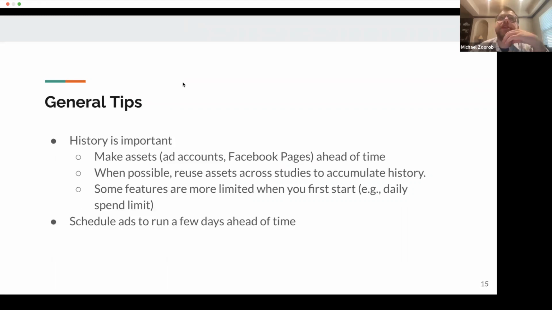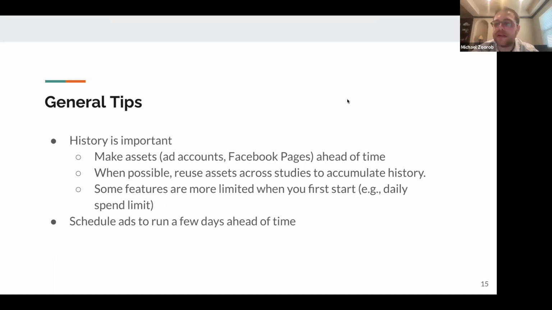The only caveat to that I would say is that if you previously ran policy violating content in the past, then in subsequent times you run ads, your account might be perceived as more risky. But this shouldn't really affect performance, but it might affect, for example, how much you're allowed to spend, at least initially. So that's the way in which previous campaigns could influence subsequent ones, is if you have a history of policy violating content. I mean, it could be a false positive, but like a history of, according to Facebook, policy violating content, these kinds of issues can emerge.